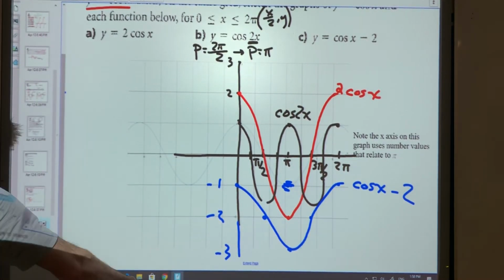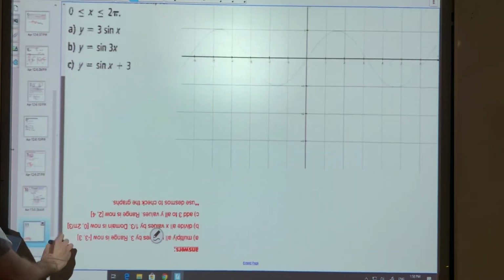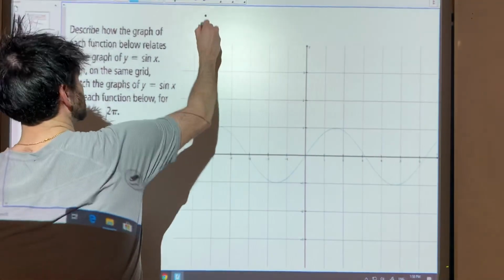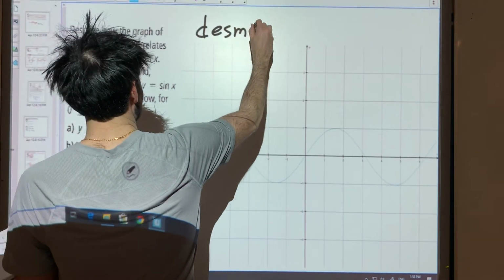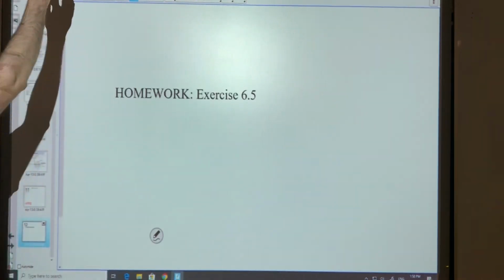All right, I think we're basically done. There's a whole try it yourself. And what I did is I put the answers down below and I flipped them upside down so it's a little bit harder to see. And if you want to check your graph, just go to desmos.com and you can graph them there if you want to check. You are ready to do